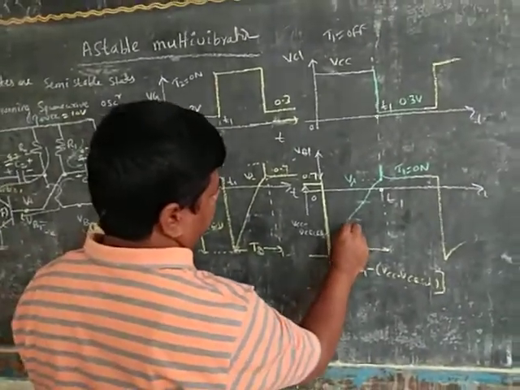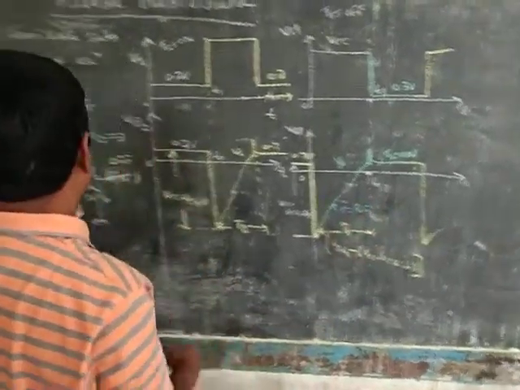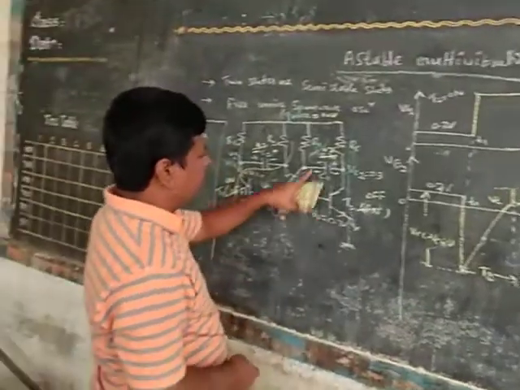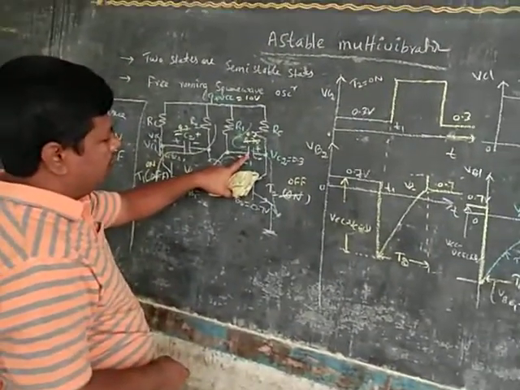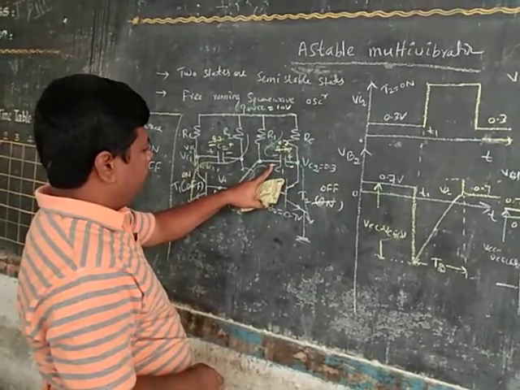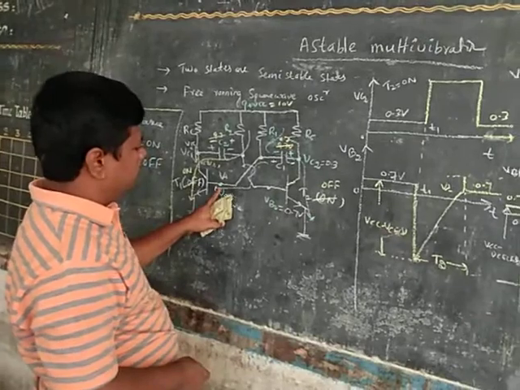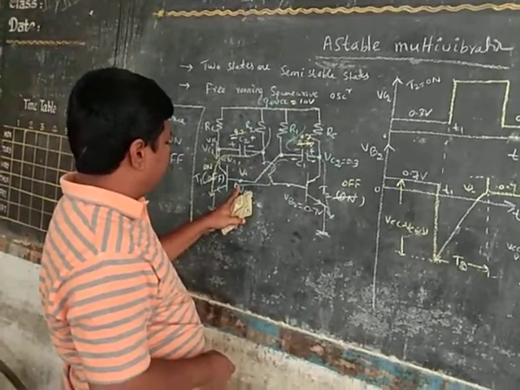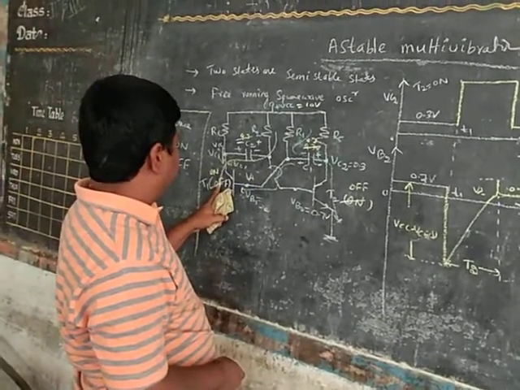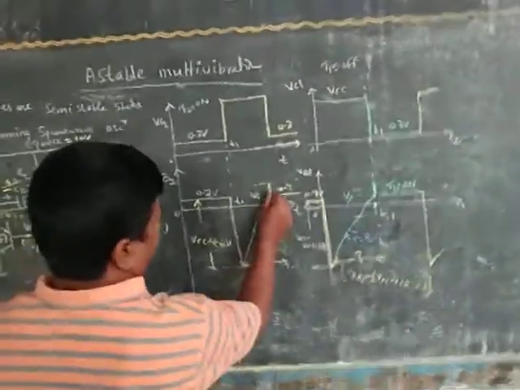Previously, tau is equal to R1 C. The capacitor slowly discharges. After discharging to 0, it again charges with the opposite polarity, plus here, minus. When the voltage across the capacitor increases, VB1 also increases. When it reaches V gamma, then the T1 transistor enters into on. That is the procedure here.